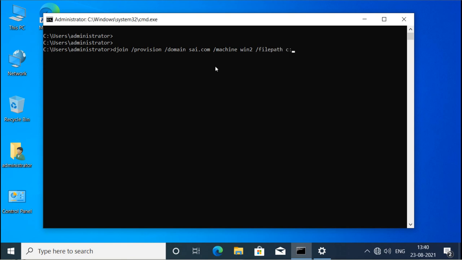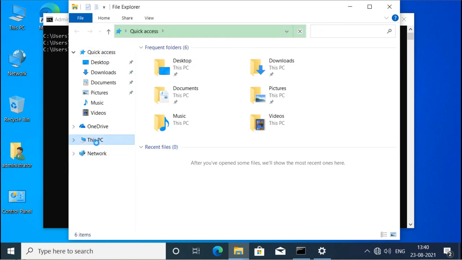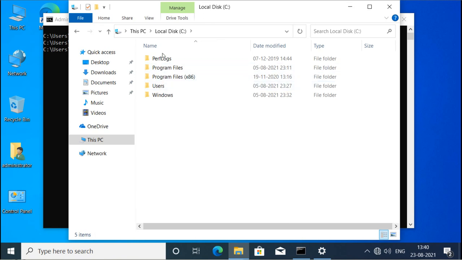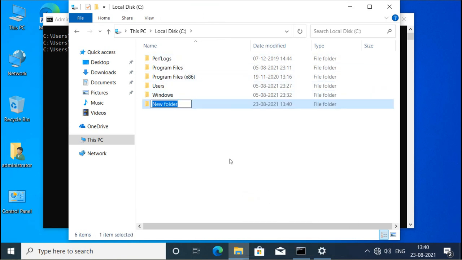Now the file path, where I want to create the file, so I want to create the file under the C drive. I will create a new folder here, provision file.